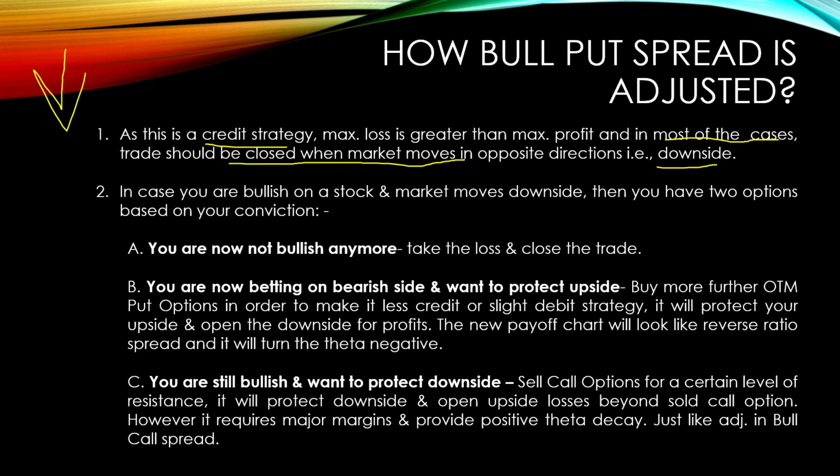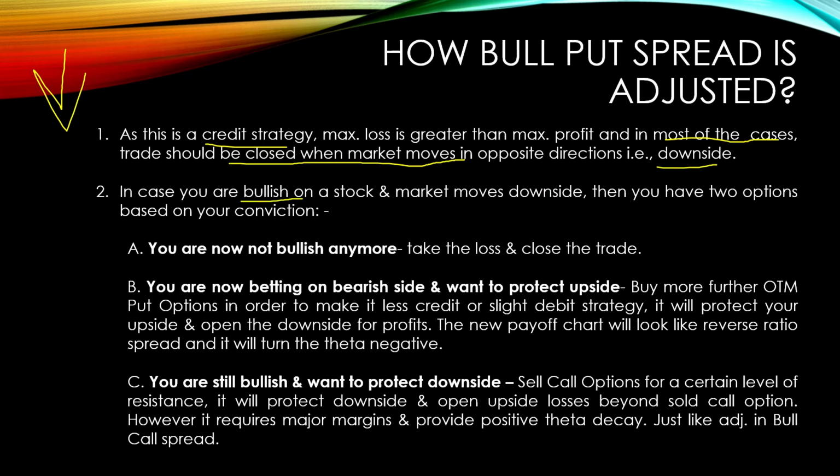because generally when market falls, they fall hard. And when market is falling, you don't want to be a put seller. So if you sold a put option and the market turns negative and now you are not confident in the stock, please close the trade, take your losses and find another trade, because it is important to save your principal. You know, trading is not hoping. You should be professional, and in case your decision turns against you, please close the trade and take your money out. So in case you are still bullish,